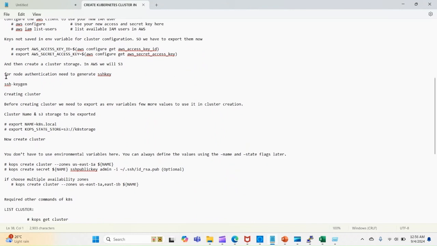I'm not going to do this right now. Another few things I need to export as environmental variables. So here you can see I am going to give the same